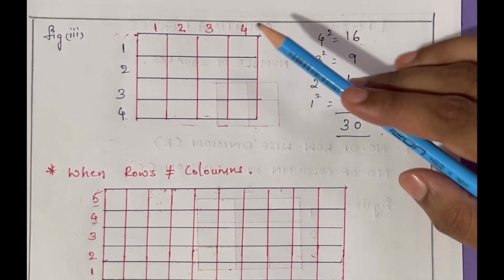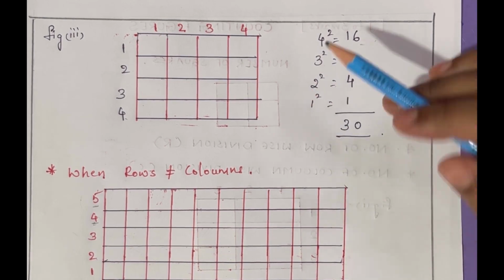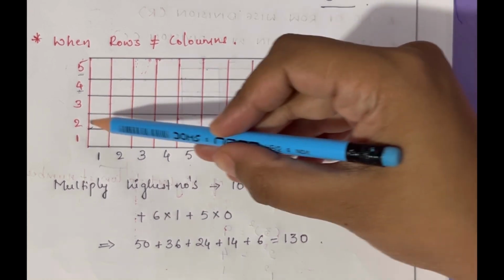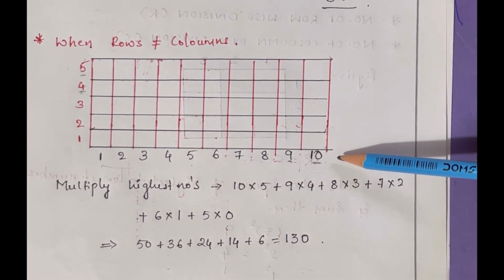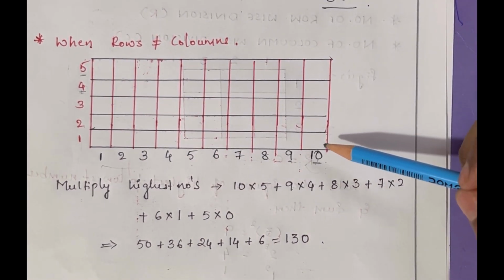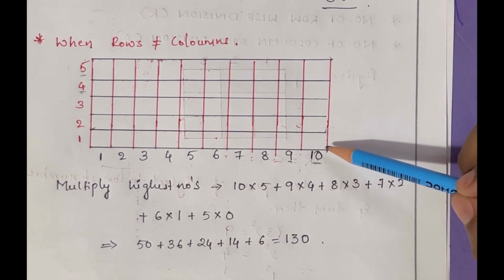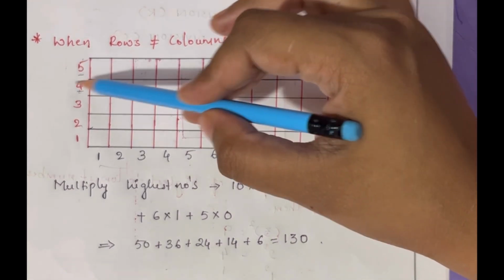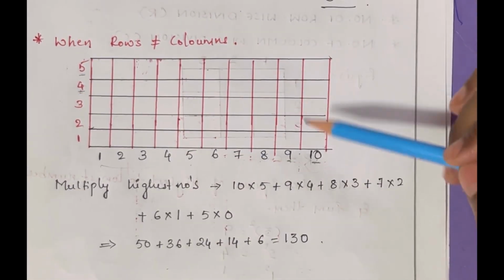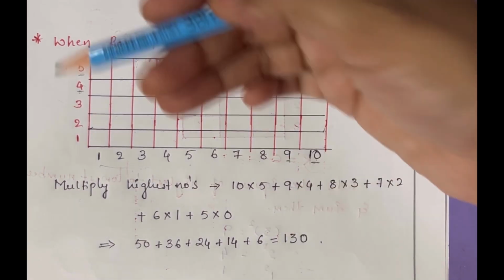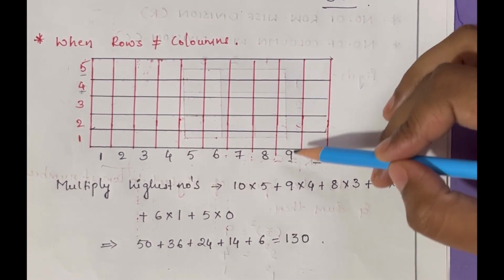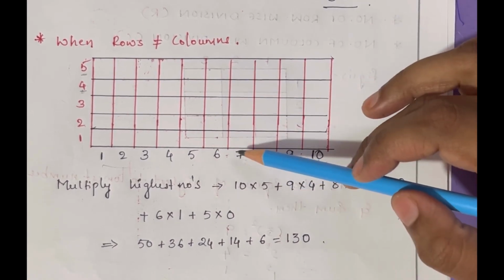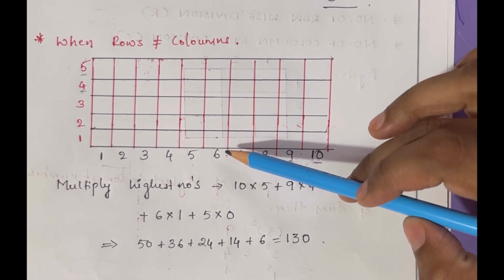Things were easy when rows are equal to columns. But what if rows are not equal to columns? Here 5 rows and 10 columns are present. In this case, we have to multiply the highest number of rows and the highest number of columns. Here the highest number of columns is 10 and of rows is 5. So 10 into 5 plus the next highest numbers, that is 9 into 4, and next plus 8 into 3, plus 7 into 2, plus 6 into 1